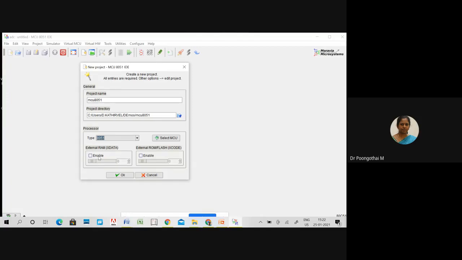So enable this. The memory range is 0 to 65536, which means it is capable of addressing 2 power 16 memory locations. And enable your code memory also. Okay. Click OK.